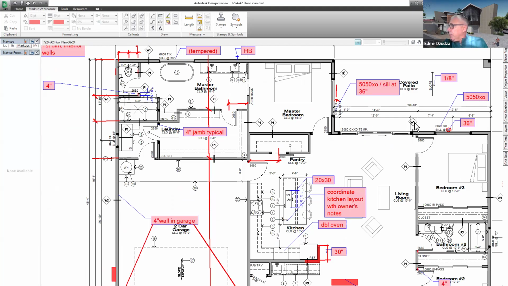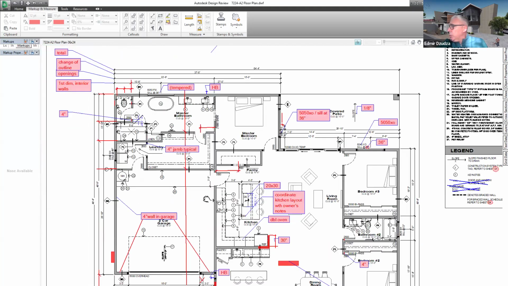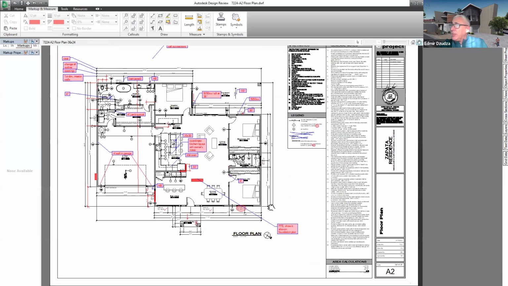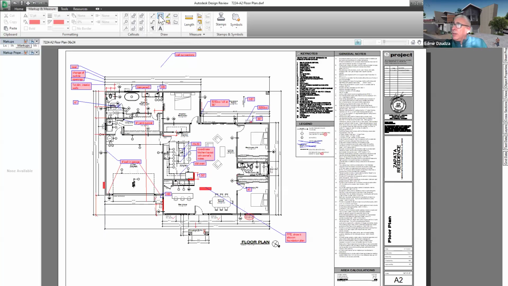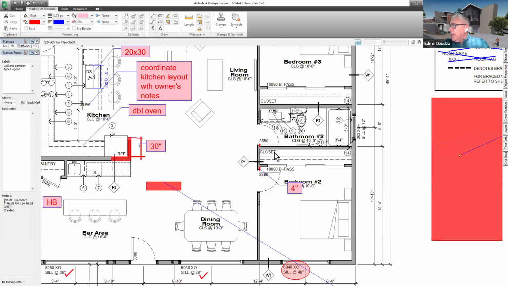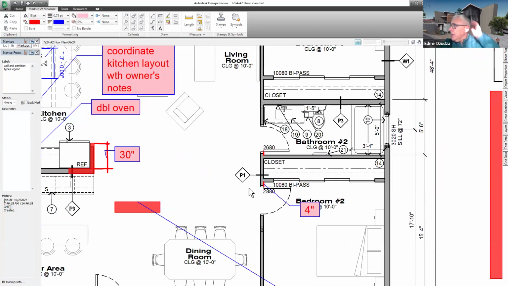So we have a W1, we have W2. Let's see what is the, oh, we don't have it here, so we need to show legend. We need to get partitions, wall and partition types, legend. So be sure to show all these properly. So all interior walls P1,